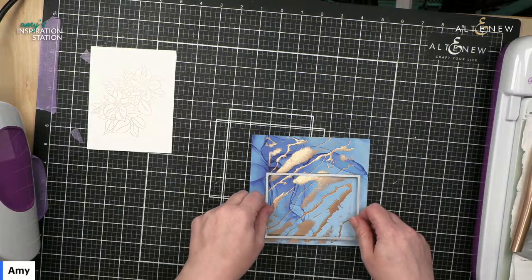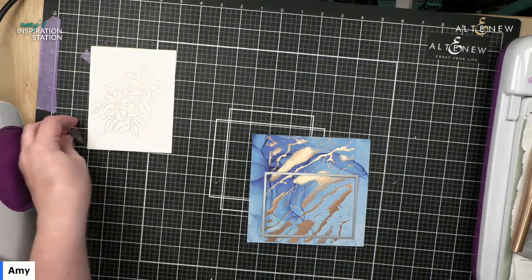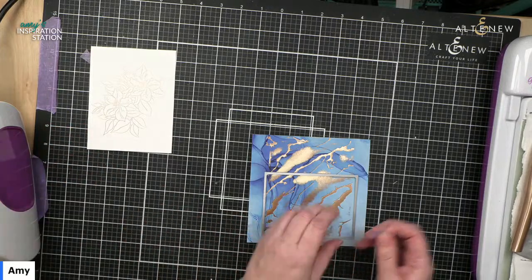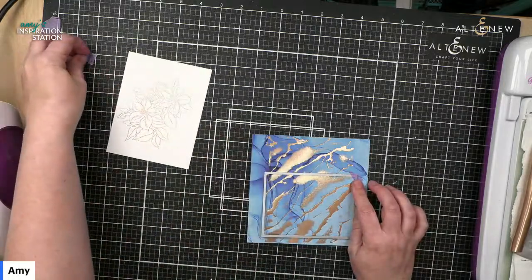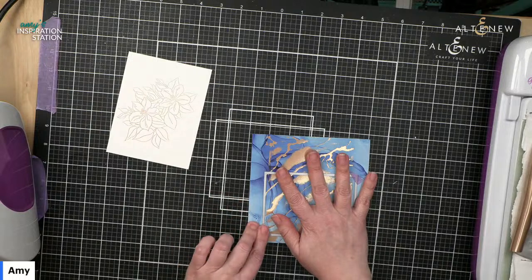All right, so I want to find my best angle here. I think I want to go here. Yeah, I think I want to go there. All right, I'm going to use a little bit of stuff here. This is my purple satin tape, actually left over from last week,